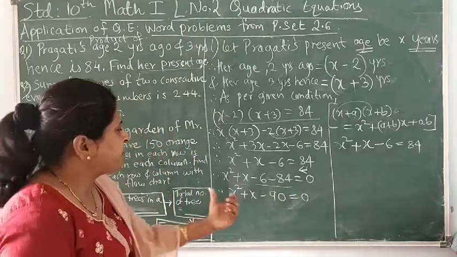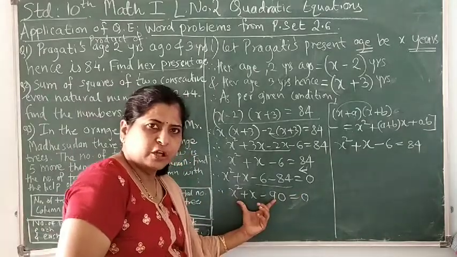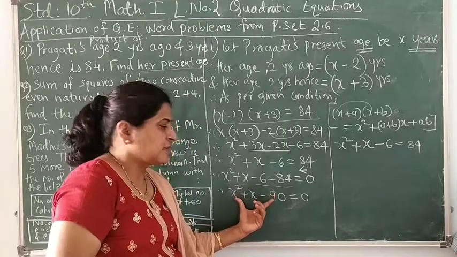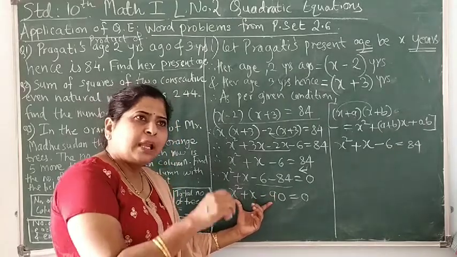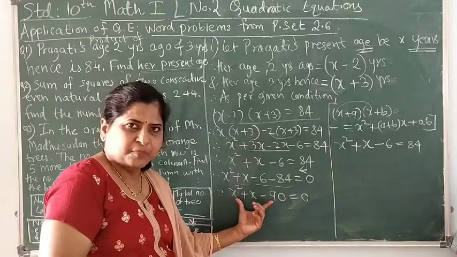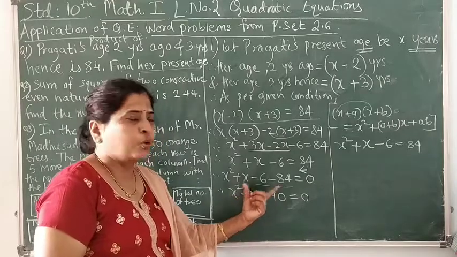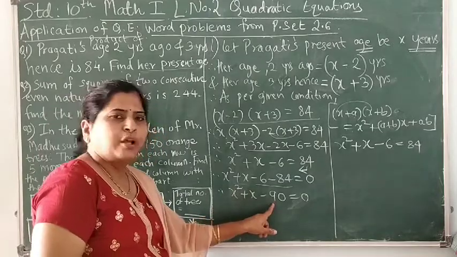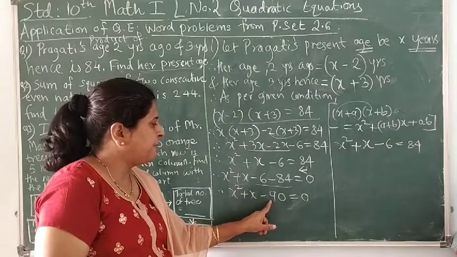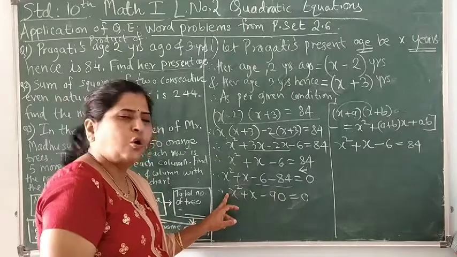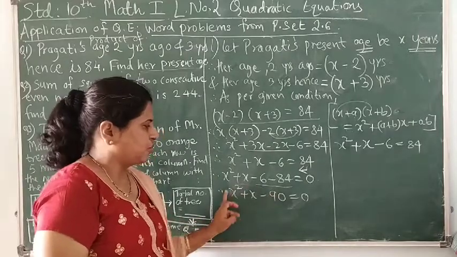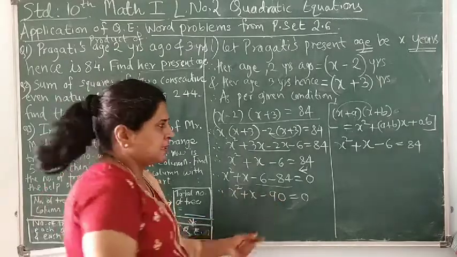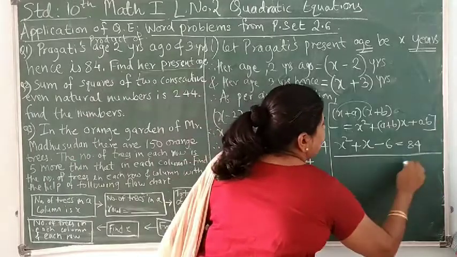Now what do we have to do? Now we have got a new quadratic equation. Now we have to factorize this. I have explained while doing the factorization method how to factorize. Okay, let's go quickly. When the coefficient of x square is 1, you have to take only this number. What is this number? Minus 90. If the coefficient is not 1, then you have to take the product of these two numbers. Now here minus 90 into 1, that is minus 90.